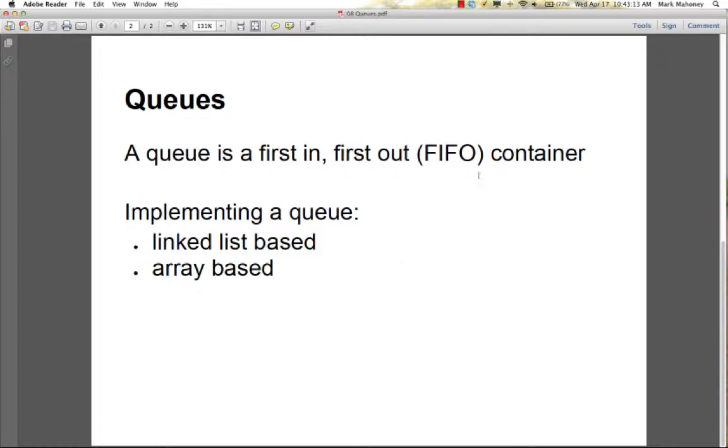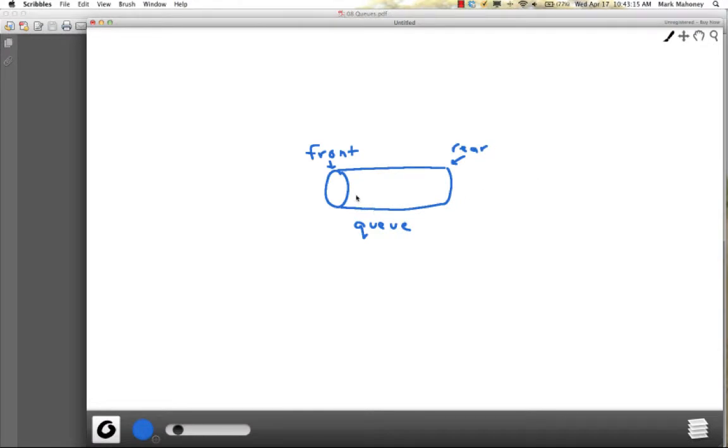Okay, so you can think of a queue kind of like a pipe. So there's a front and a rear. Okay, and when we insert elements, we're going to insert elements at the rear of the queue. And then when we remove them, we're going to remove them from the front of the queue. And the data is buffered inside the queue until they can be used. Okay. So let's